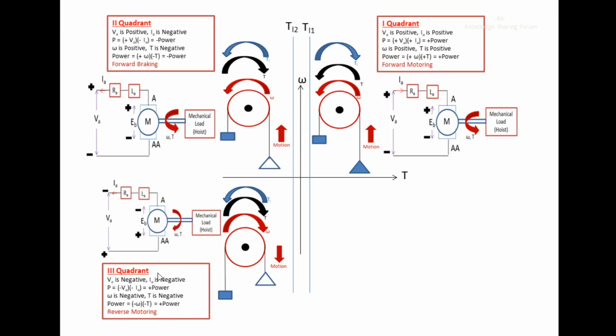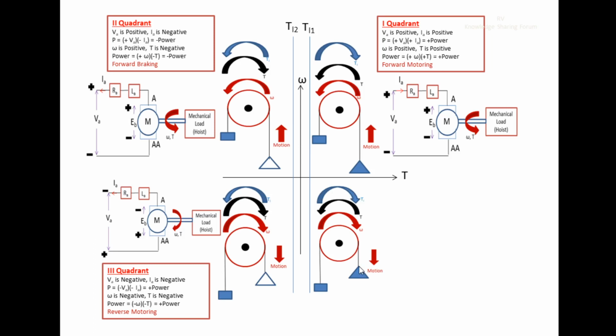So similarly, let us discuss the fourth quadrant. So this is our fourth quadrant. To one end of the hoist the loaded cage is connected, and to the other end of the hoist a counterweight is connected. So similarly we have to compare the weights of these two. The weight of the loaded cage is greater than the weight of this counterweight. And therefore the load torque will be in the clockwise direction because the maximum weight is on this side. So always the load torque direction will be on the maximum weight side. Therefore the load torque will be in the clockwise direction.